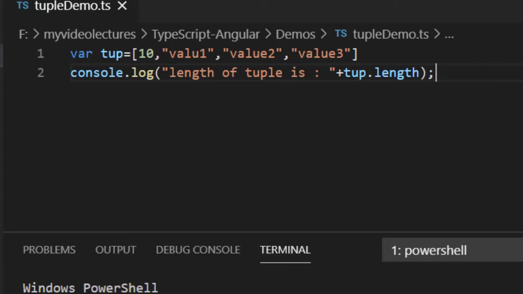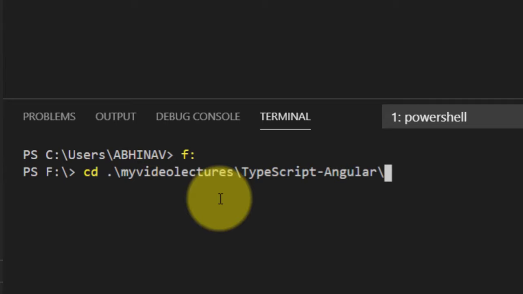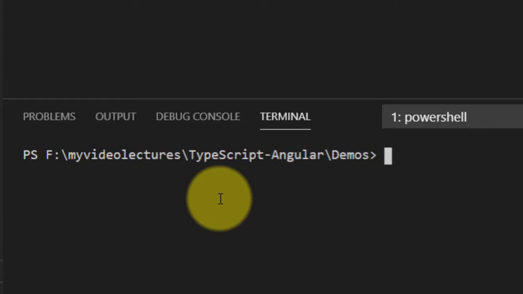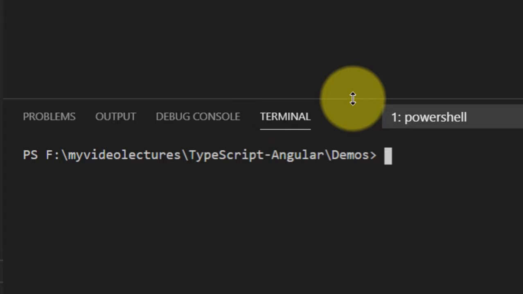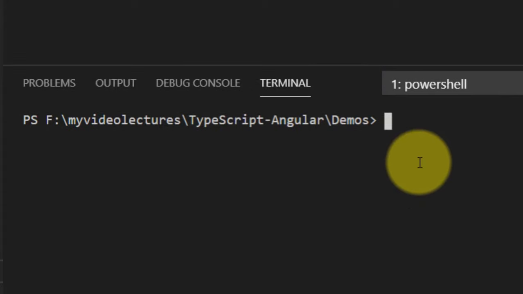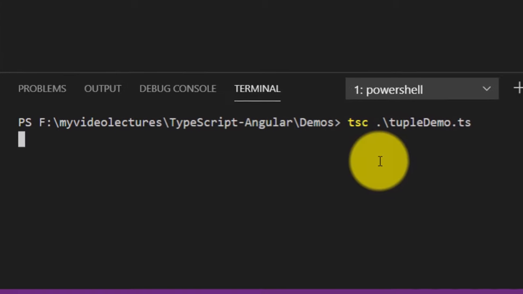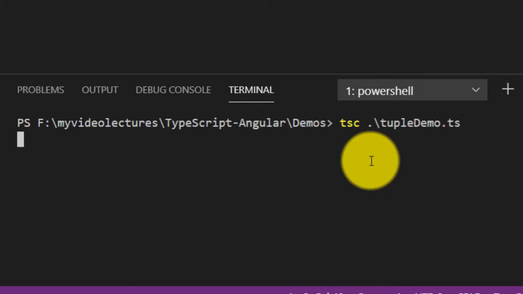Save this. Now tsc tupledemo.ts to compile it.